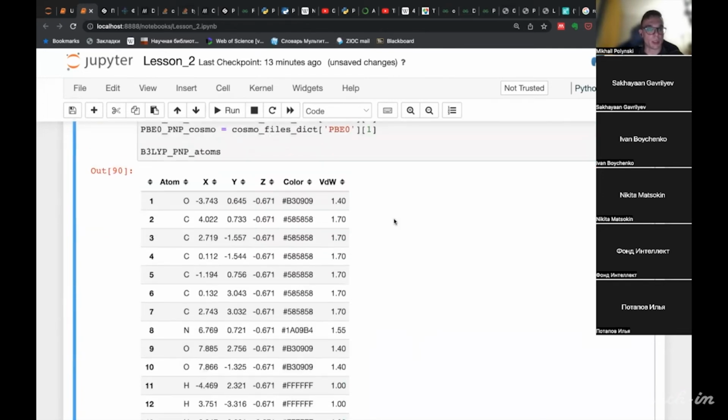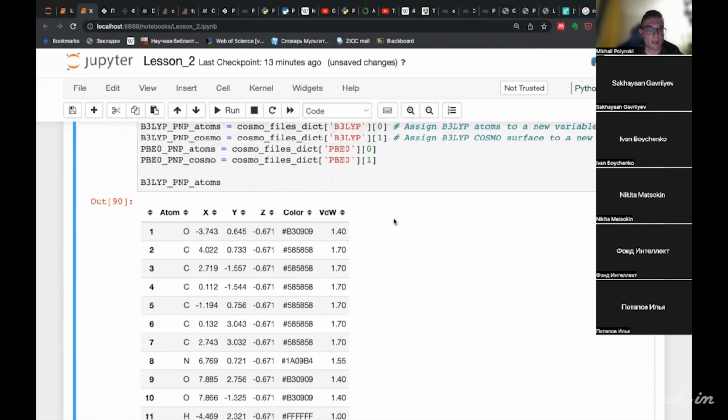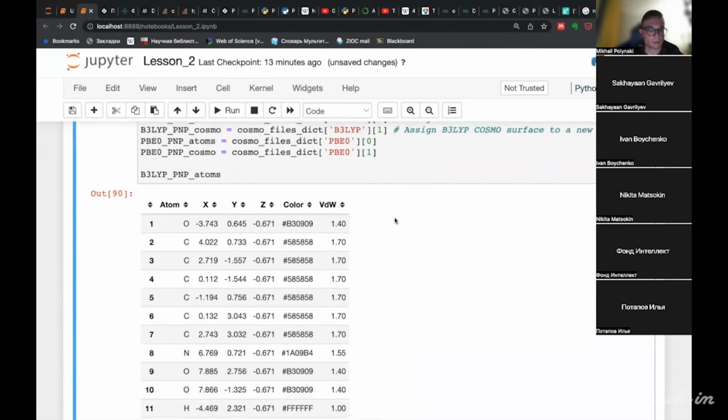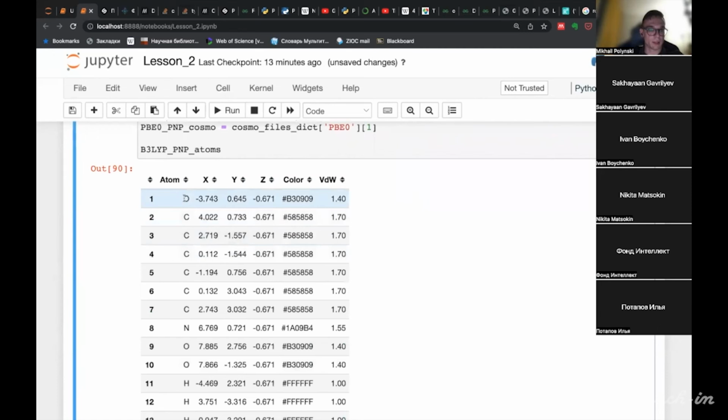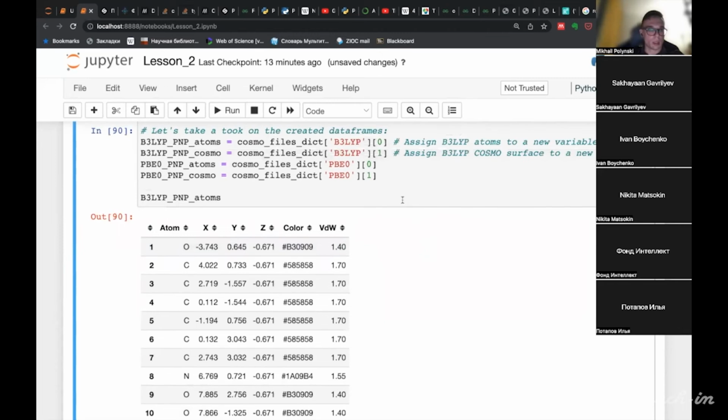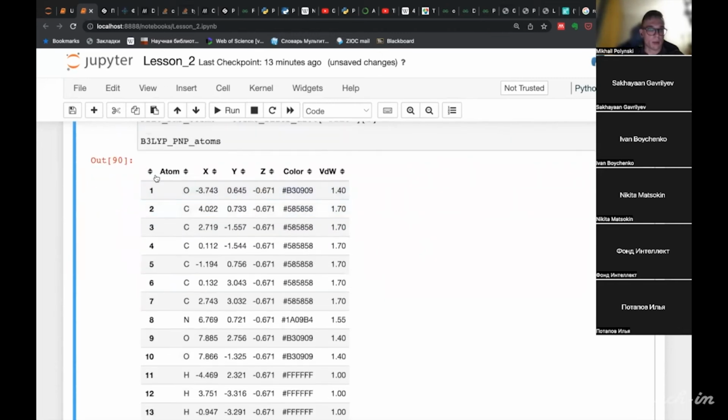So here we have a data frame that lists atoms in the final molecule. By the way, you can do such things. For example, you can sort the table.